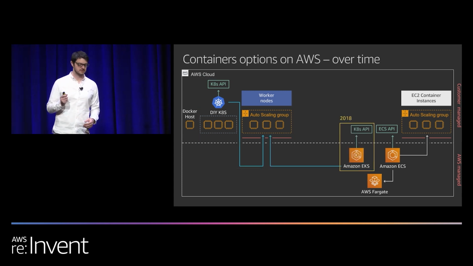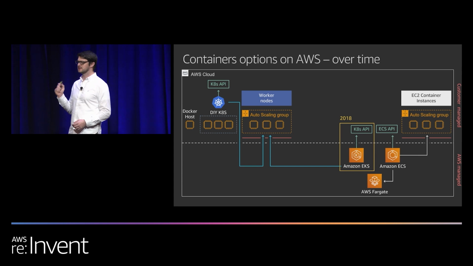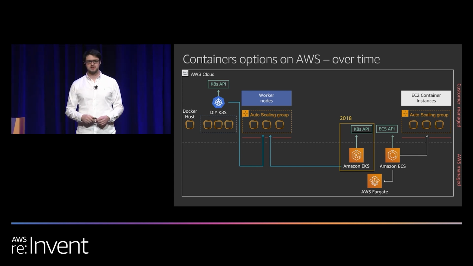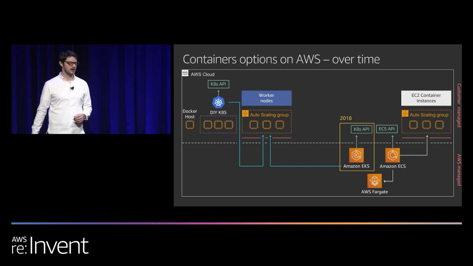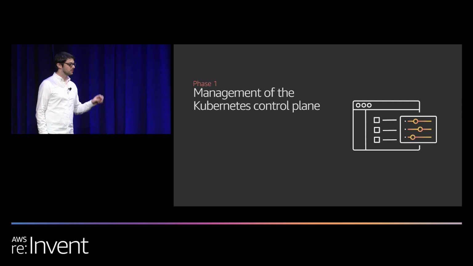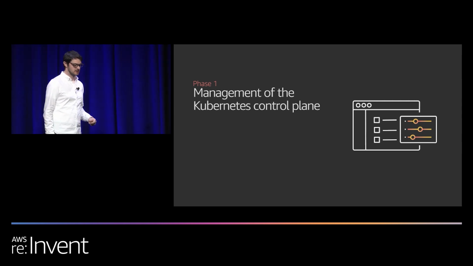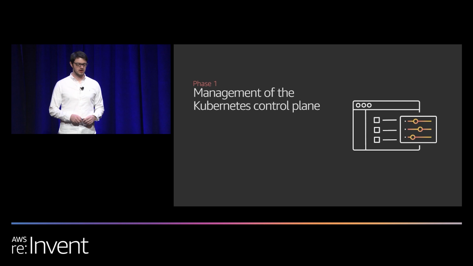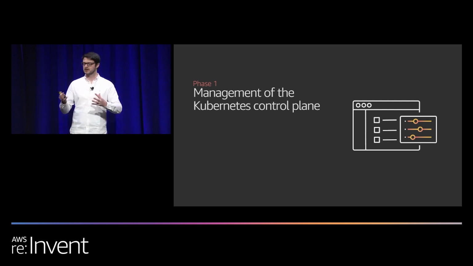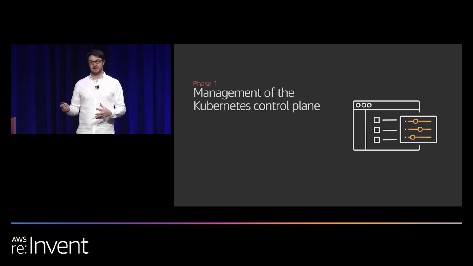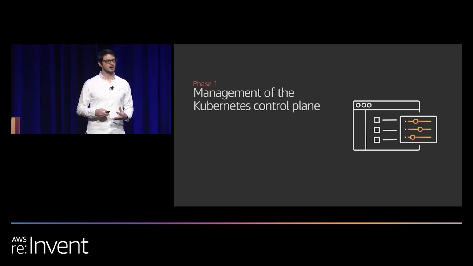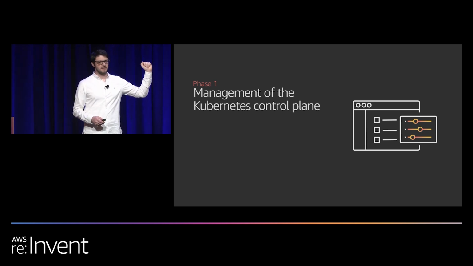So also in 2017, we announced, and then in 2018, we made generally available, Amazon Elastic Kubernetes Service. This is a managed Kubernetes control plane for clusters on AWS. The service is about 1.5 years old now, and this has been phase 1 of EKS, managing the control plane. Kubernetes makes it easy to package and run your applications and manage a cluster of compute to run them. It has a great model, but it's also pretty complex to run.